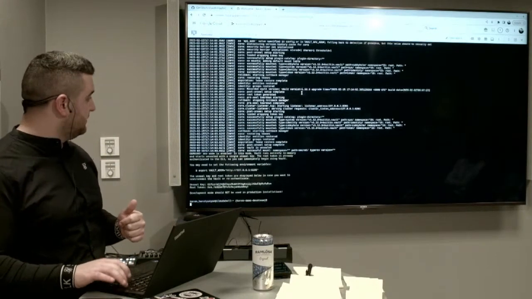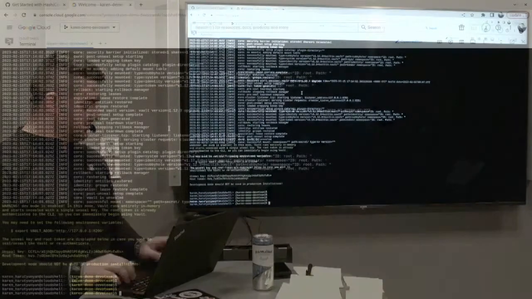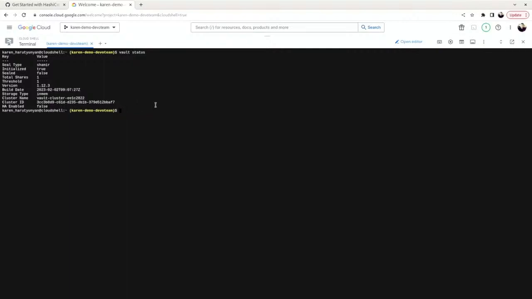Okay, so our Vault environment is there, so let's do a test. Vault status. So there we go. And this is a dev environment. Usually when you are in production, you will need to unseal it. You have keys and so on. Unseal is another topic to speak about, but I don't have that much time for it. So this is dev. It's jungle style, we just do whatever we can.